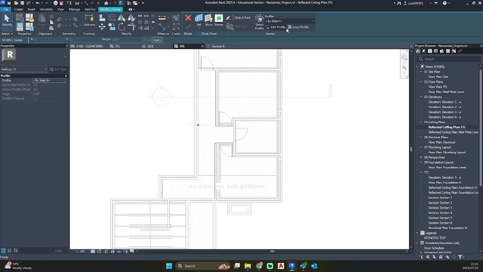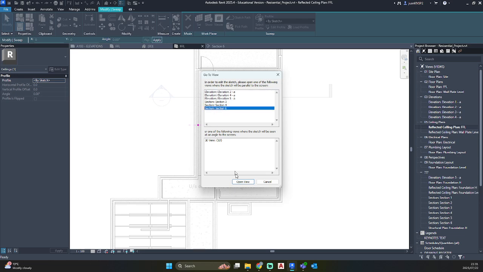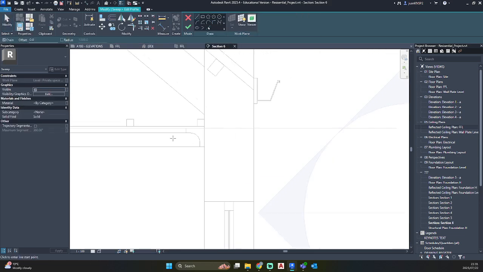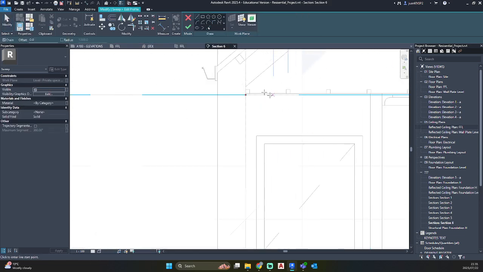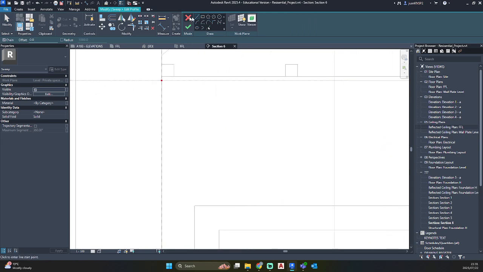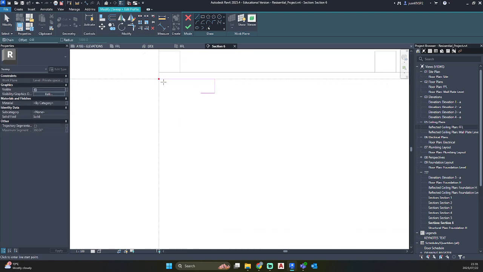Let's go OK, edit profile, go to your section, and now we need to use our line tool to draw in our corners again. Let's go 100, 25, 25, and do the same for our vertical plane.